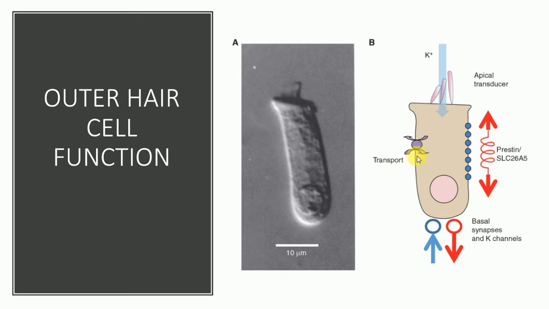That is one mechanism. The other: this has specialized structures here called the prestins. What do prestins do? If we have a very loud sound coming in, these prestins relax. Once the prestins relax, the hair cell elongates, lengthens up, which causes the basilar membrane and the reticular lamina to move away from each other. That is, it causes the downward bowing of the basilar membrane. This is the protective mechanism from loud noise. Hence, this is how the outer hair cells function, either by throwing the potassium ion out or by the prestins.